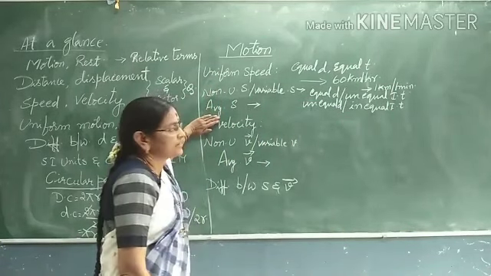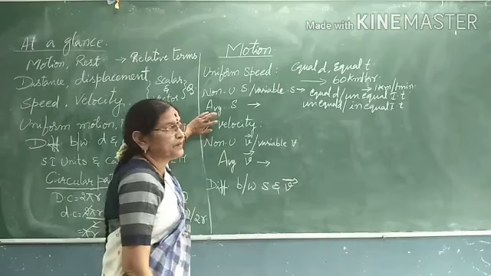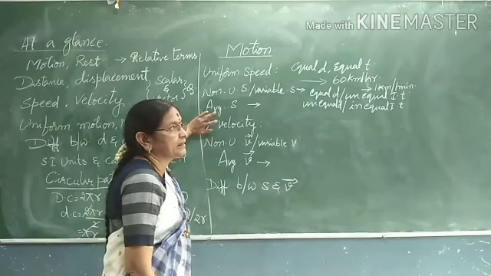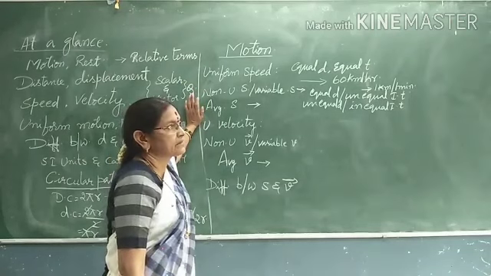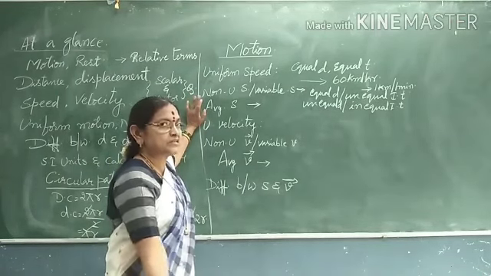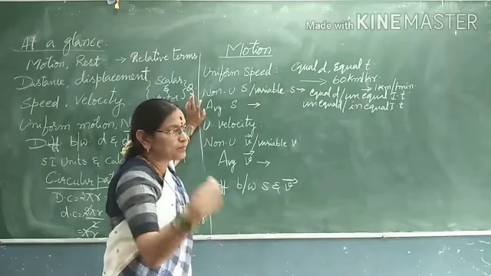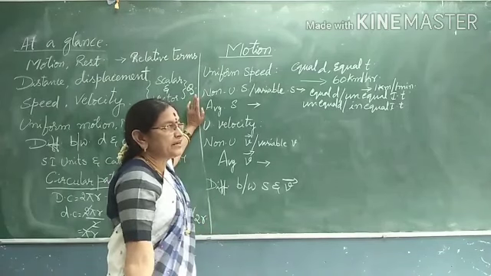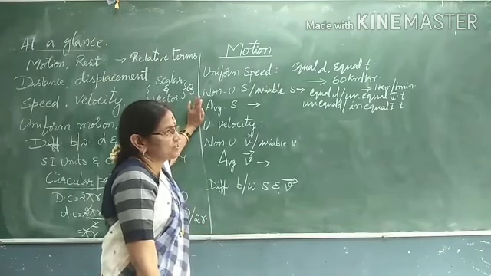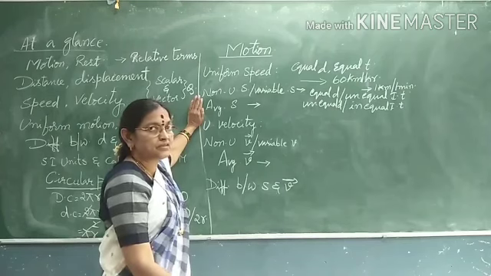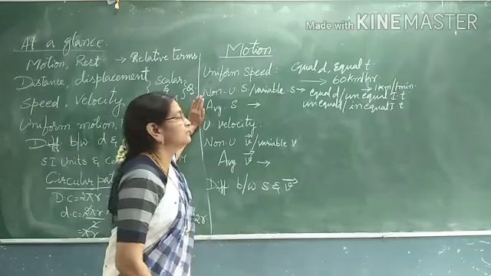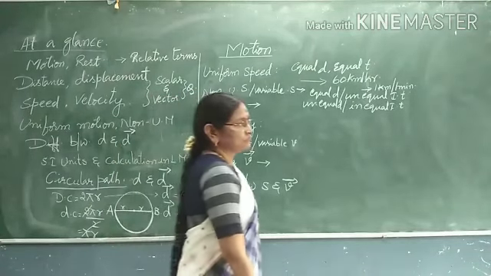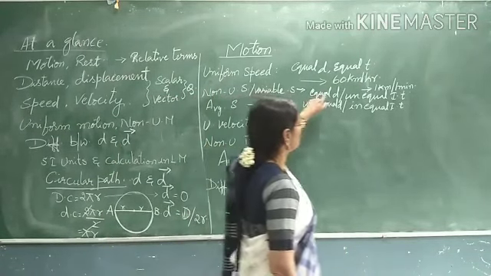Now coming to average speed. Average speed, how will you calculate it? See, suppose it is uniform speed, 60 kilometers per hour. Next hour, one more 60 kilometers. Next hour, one more 60 kilometers. So for 3 hours, what is the average speed? 60 plus 60 plus 60 by 3. You will again get 60 by 1. So for 1 hour, 60 kilometers.